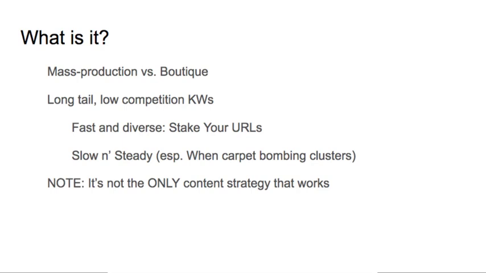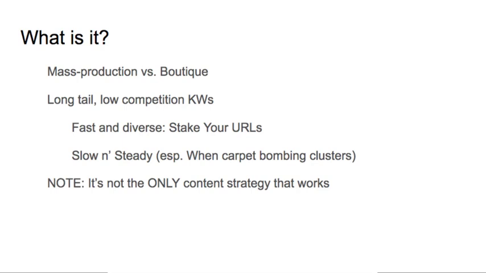Now, when you're carpet bombing, you've got to slow it down a little bit in that you need to publish really good content. Even though it's low competition, low search volume, you want to be the authority on this. Stake your claim on that topic. Hit it hard, and don't skimp on the quality. Write it yourself. Do a really good job. If you outsource it, get good writers. Instruct them really well, with in-depth, detailed content briefs. Tell them what you want and they will deliver. Hopefully they deliver. Review what they deliver and send it back for revisions if it's not up to standards.